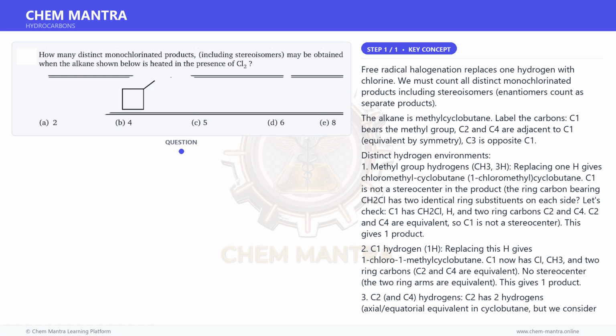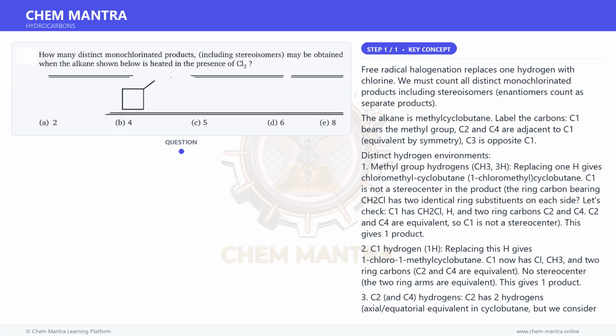This gives one product. 2. C1 hydrogen. Replacing this H with Cl gives 1-chloro-1-methylcyclobutane. C1 now has Cl, CH3, and two ring carbons, C2 and C4, which are equivalent. No stereocenter, the two ring arms are equivalent. This gives one product. 3. C2 and C4 hydrogens. C2 has two hydrogens, axial and equatorial equivalent in cyclobutane, but we